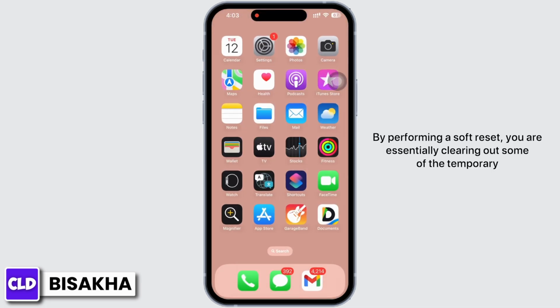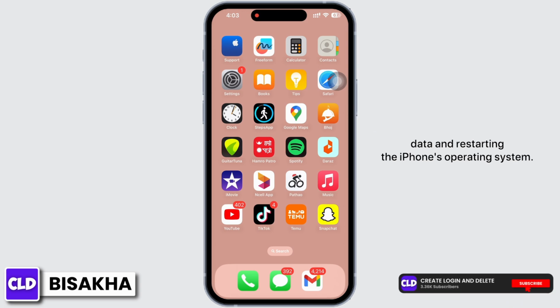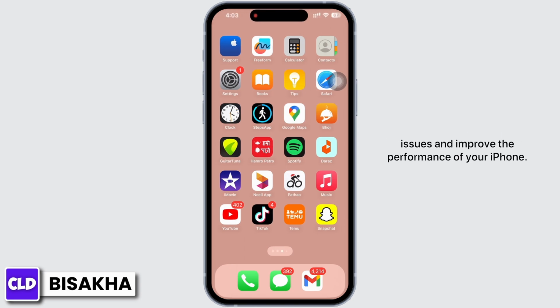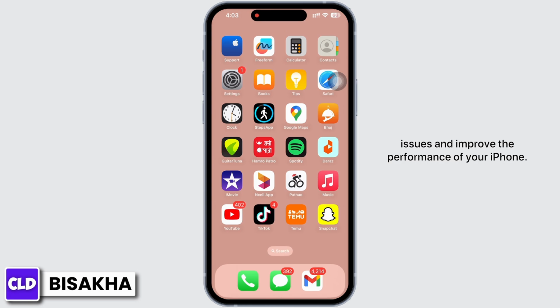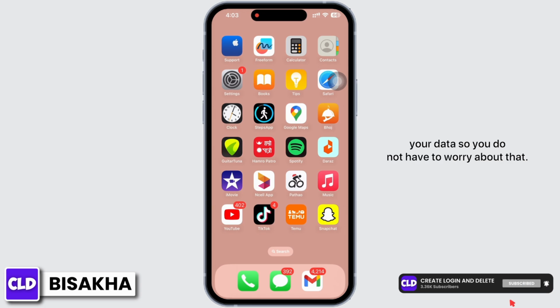By performing a soft reset, you are essentially clearing out some of the temporary data and restarting the iPhone's operating system, so it's like a fresh start for all the processes, which can help resolve minor issues and improve the performance of your iPhone. Performing this reset will not delete any of your data, so you do not have to